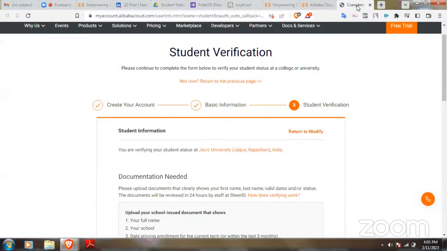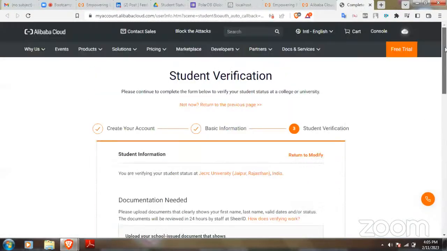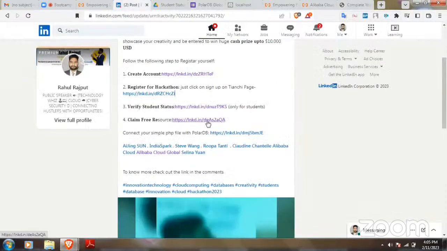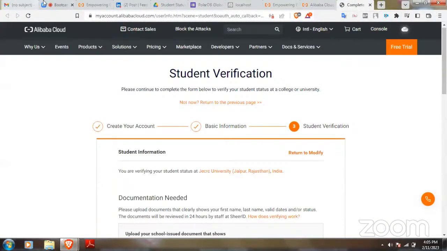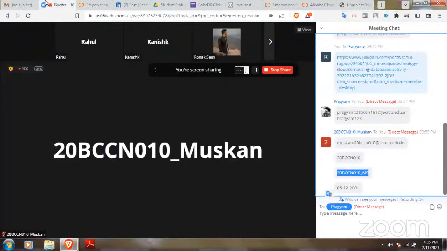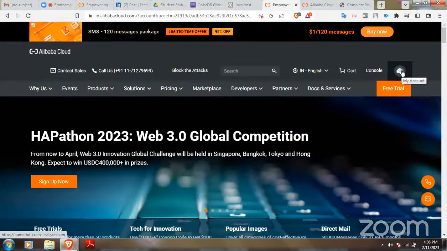Now we have to check it with the backend team, but for now what we can do is move to the step that is claim your free resources. We are assuming that, since we have to check with the backend team, what you have to do is, see guys, if you don't want this to happen with you, take your account ID with you and share your first name and your last name. I'll tell you how you're going to do it. Are you listening? Yes. So here it is.